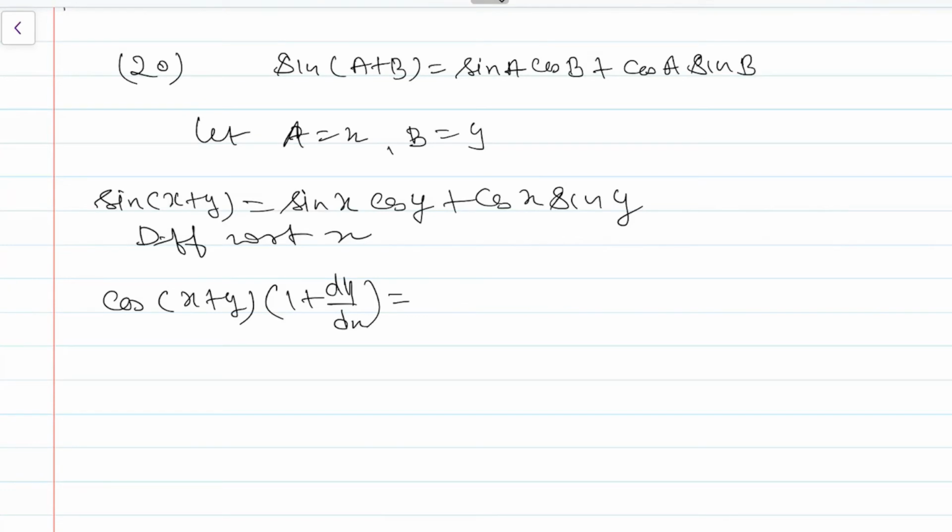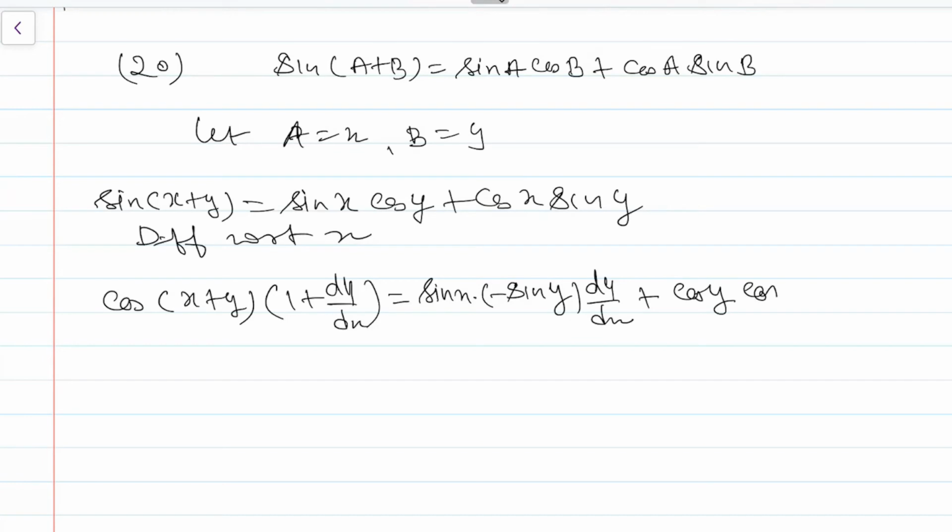On the right hand side, we'll use product rule. Sin x into derivative of cos y, minus sin y into dy by dx, plus cos y,